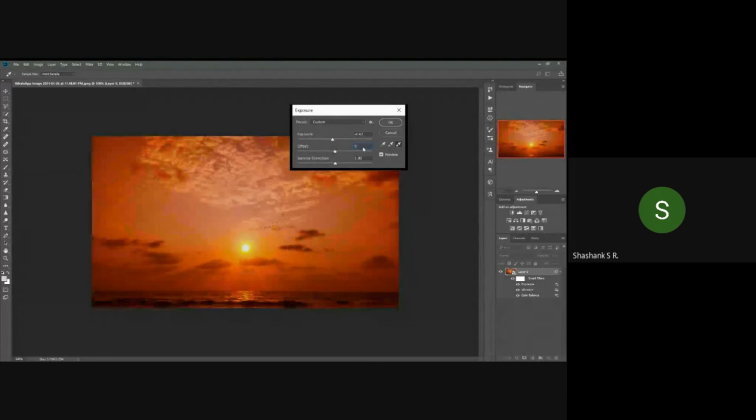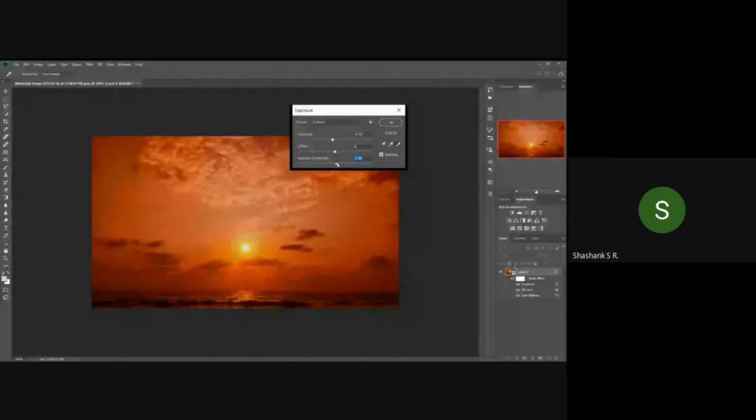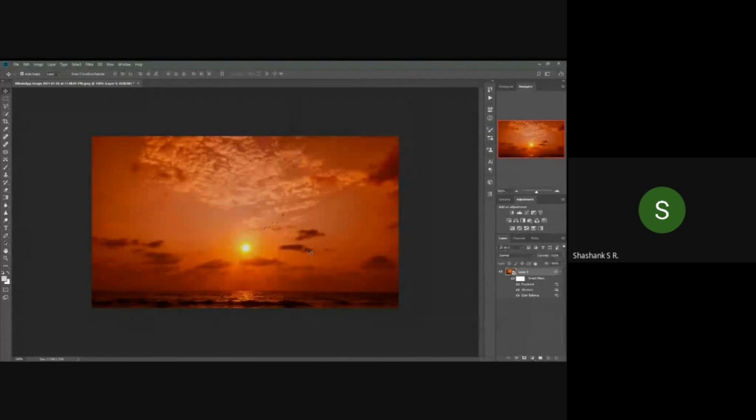If you decrease it, it becomes brighter. Since this is a sunset, I'd like to increase the gamma correction. Now I think this image looks much better than it was before.